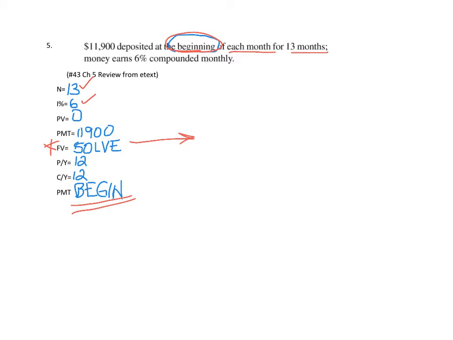So N is 13, interest rate is 6, each payment is $11,900, present value is 0. We'll enter a 0 for the future value. P/Y and C/Y are both 12. Change the bottom line to say begin, because it's an annuity due because payments are made at the beginning. And then let's go back and solve for the future value. And the future value is $160,